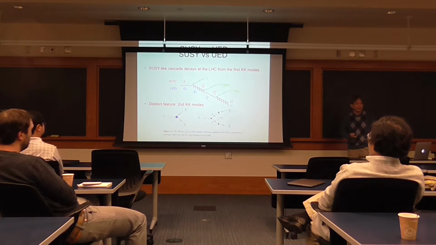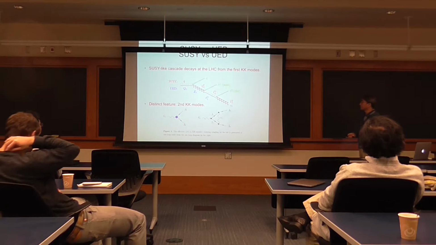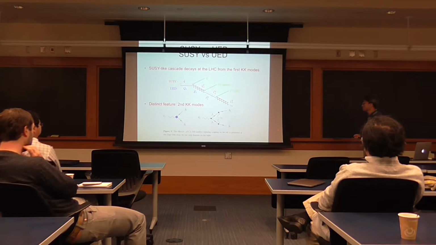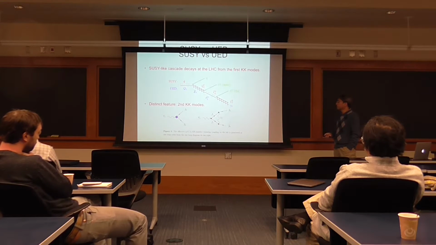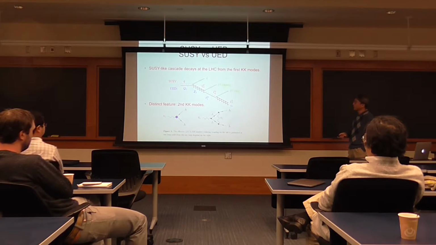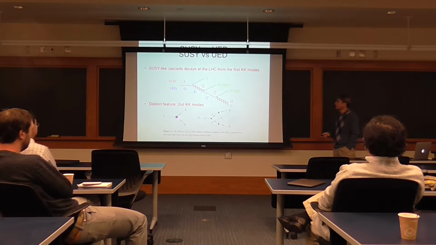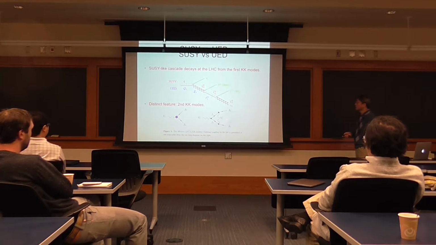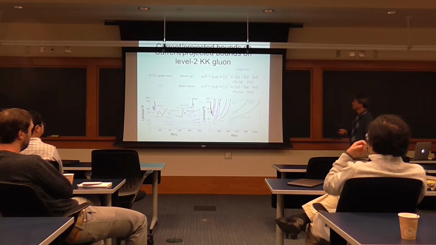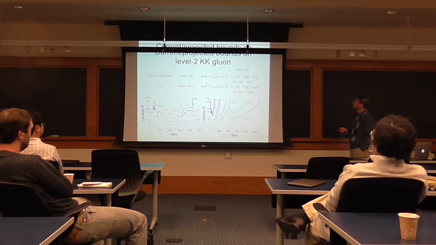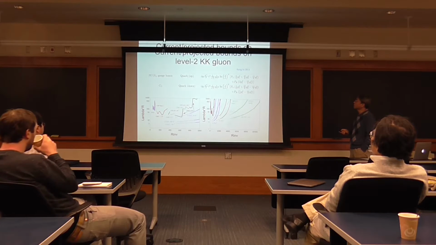This is something that we commented on earlier. The level 2 KK particles can decay into two standard model particles in the final state, so this can appear as a resonance, and this is something that can be looked for. Unfortunately, the KK parity is conserved, but the KK number is violated. So according to KK number conservation, this does not appear at the tree level, which means it must be loop suppressed. So you can calculate this. One example is the effective coupling of the level 2 KK gluon to the QQ